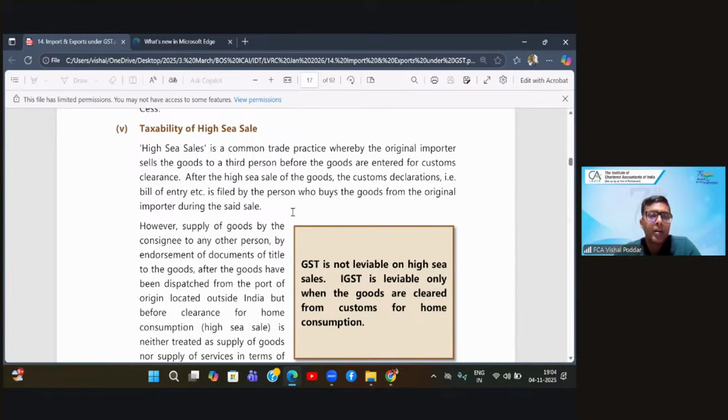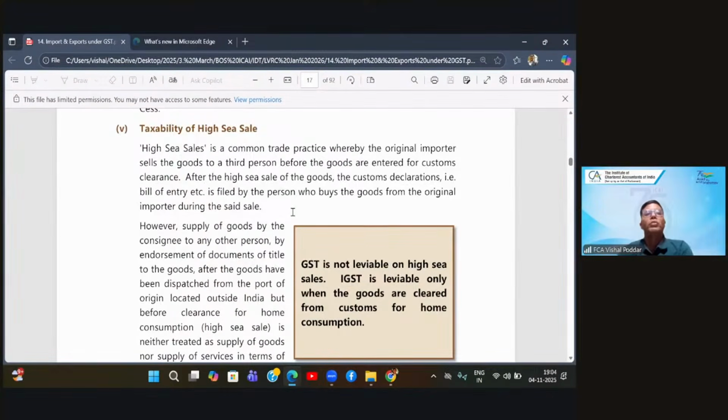The liability will be triggered only once when these goods are cleared from the customs. So today there is no customs implication. But then comes the second question: what about GST? Because there is a sale happening. Both of the parties, you and me, are in India. So what will be the nature of this supply, whether it will be CGST plus SGST, whether it will be